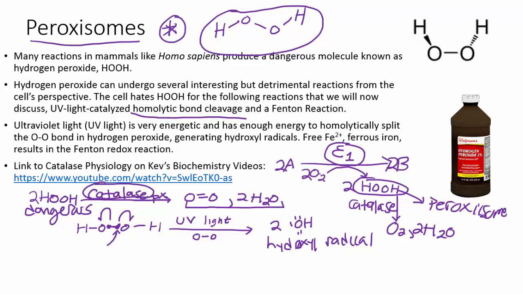Okay, so you'd like to theoretically get rid of hydrogen peroxide before it can, in the presence of UV light, undergo this homolytic bond cleavage. Okay, there's one other reaction it can do, so let me redraw hydrogen peroxide. And this particular non-enzymatic reaction is going to occur in the presence of iron 2+. And iron 2+ is what we call the ferrous